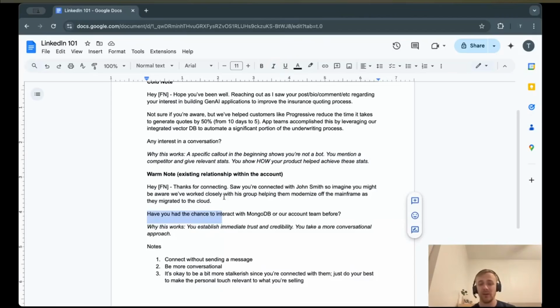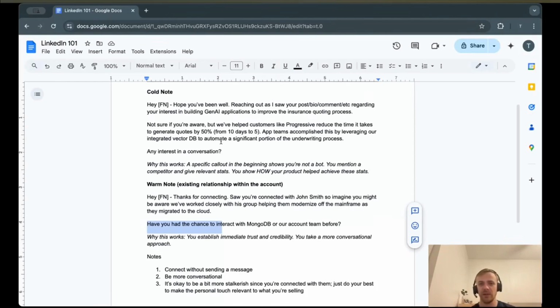Me personally, I don't like trying to necessarily initiate tons of back and forth messages with colder outreach, because I try to see these guys as more high volume. And so I don't really want to send a bunch of, hey, how's it going? Or, have you had a chance to talk with us before, and go back and forth for them just to be like, oh, I don't want to meet. I'd rather get straight to the point with colder outreach, come with a point of view. If it's not relevant, let them ignore it.